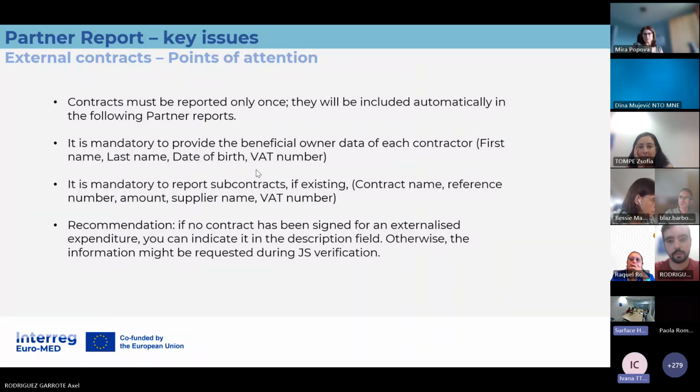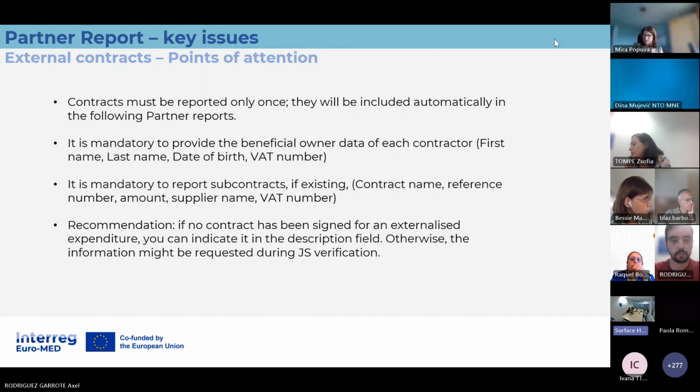Hello to everyone. I have a few questions regarding the dates in the list of expenditures. There are two dates, invoice date and date of payment. For example, for this period, we are reporting 4 salaries. And what dates should be put as the invoice date and the date of payment? You mentioned the last date of June, but I don't understand well.